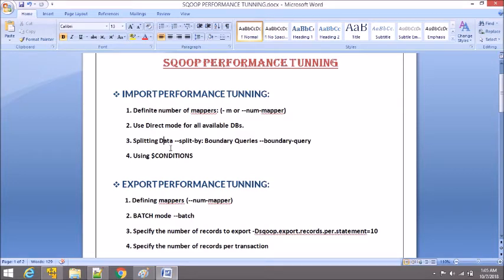So how is it like? Let's say we have to join two tables called employee table and employee order table. So we can write it here in --query, and then we write the whole command to join the two tables, employee table and employee order table. Right. And now in order to get the boundary condition, that is minimum and maximum,